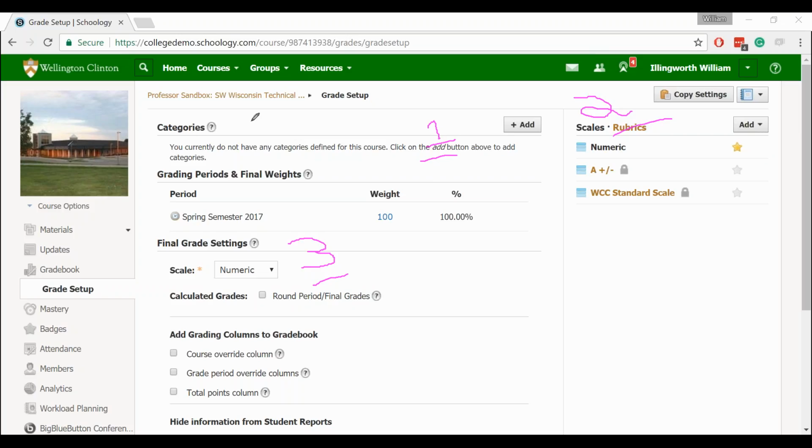If you just set up your categories, if you just do this first step, you're good to go. Your gradebook will work. You can use weighting, et cetera. These two even are what I'd say are auxiliary settings, but they can improve the experience. So, grading categories. If you design your grade books to have any sort of category by category weighting, so in